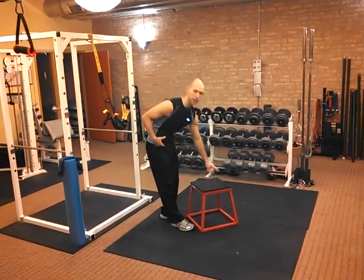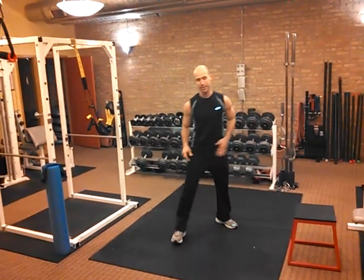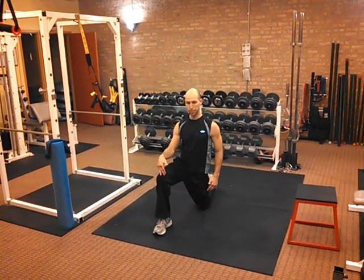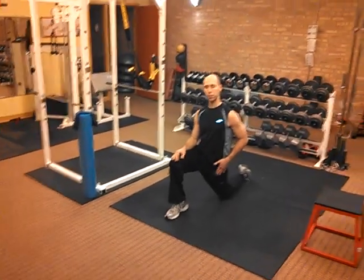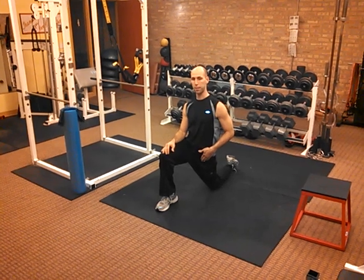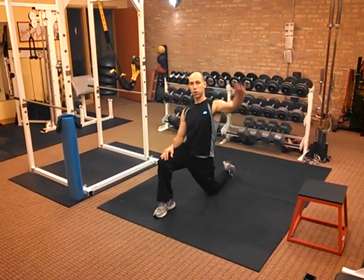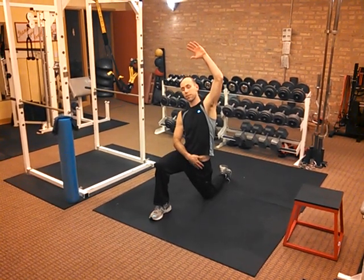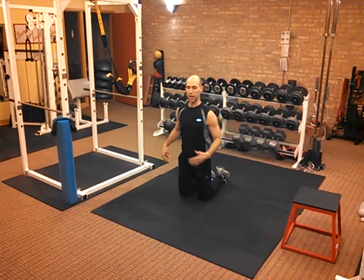A great stretch for the hip flexors is to get down on one knee, with the other knee forward, bent at 90 degrees, and you're going to slightly shift your body weight forward, and you'll feel the stretch right over the front of your hip. To deepen that stretch, take your hand on the side that you're stretching, raise it up over your head, and lean to the opposite side. You'll really start to feel that stretch. So you want to make sure that you hit each side,